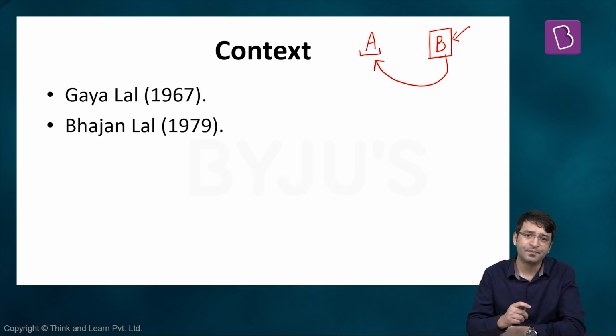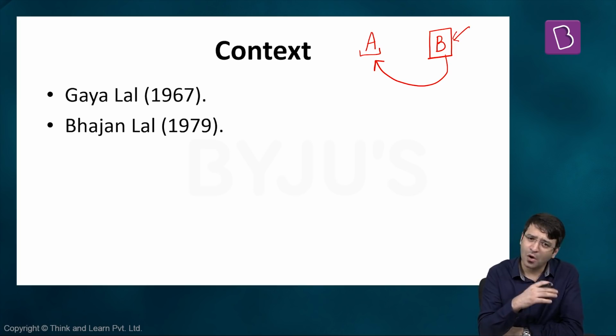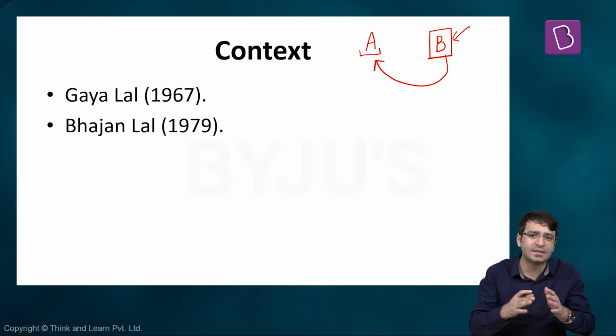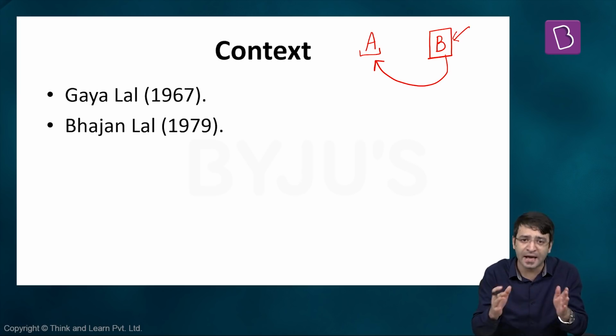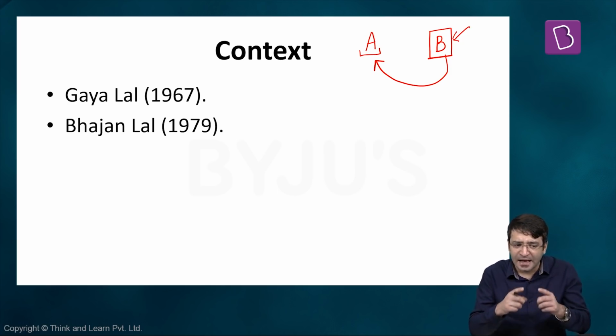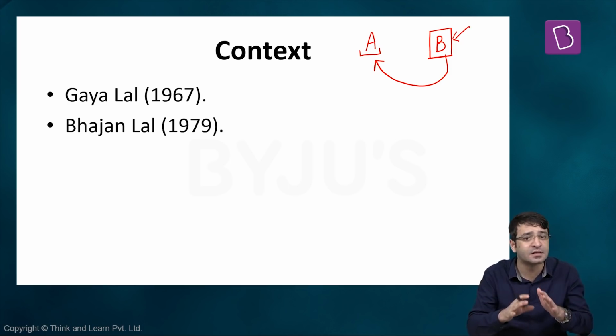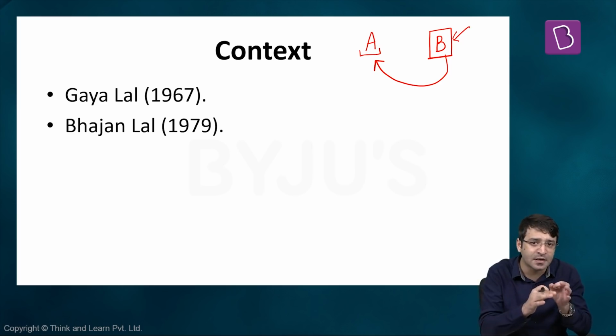This is defection. It is also immoral. Why? Maybe the people of my constituency voted for me not because of who I am, but maybe because of the ideology of my political party. And if I'm defecting from my party, I'm violating the trust of my voters. This is corruption. This is immoral. This had to be curbed.